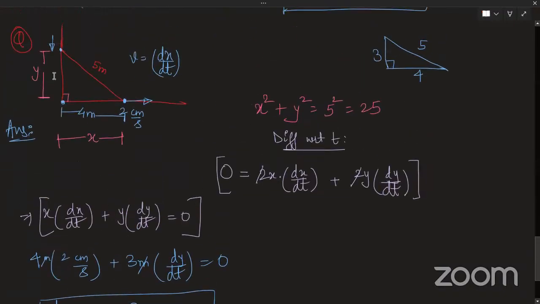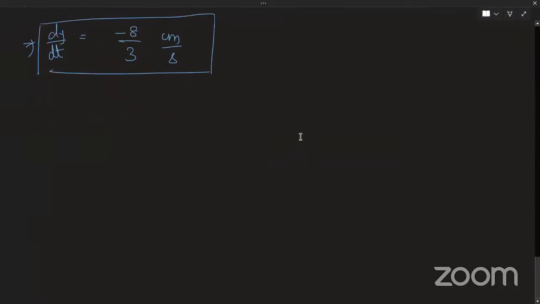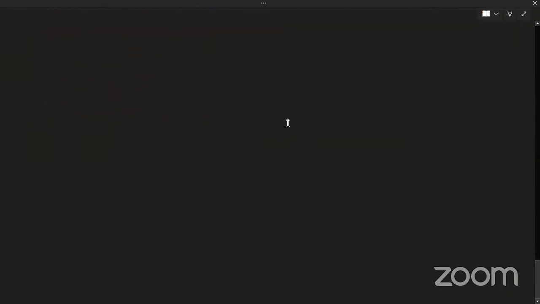So this was a little bit tough because all we needed to do was first establish a relation between x and y. After we got that, we needed to differentiate it. Then at a particular point of x, I needed to calculate the value of y also using Pythagoras theorem. And after that, I did it. Fine. Okay, so